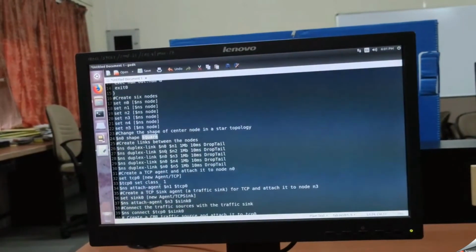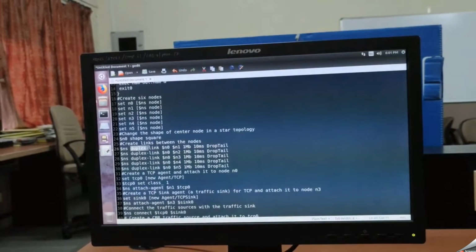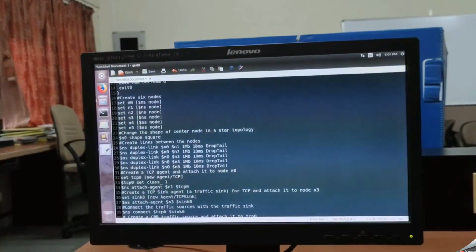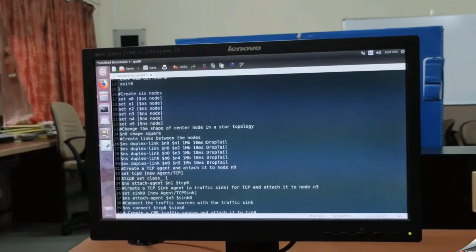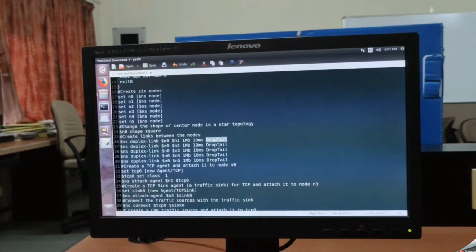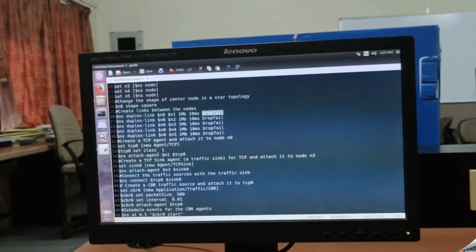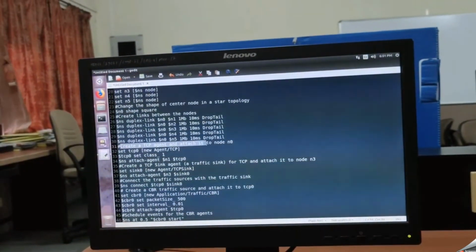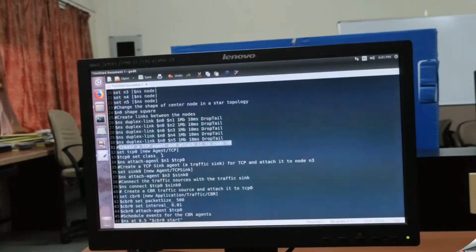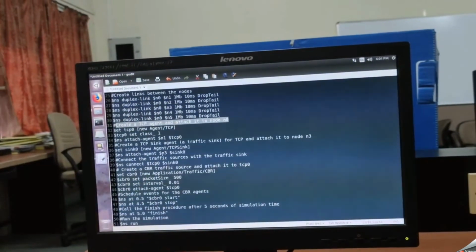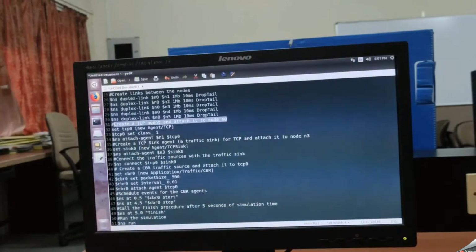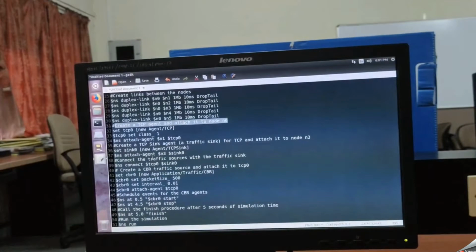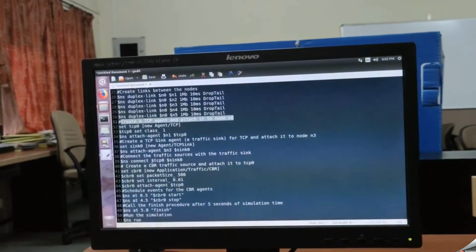So you can see in the code, I have defined the shape of my center node as square. How I'm creating links: duplex link, 1 MB is the bandwidth, 10 ms is the delay. Attaching TCP agent to node 0 and TCP sink agent for TCP and attaching it to node 3.